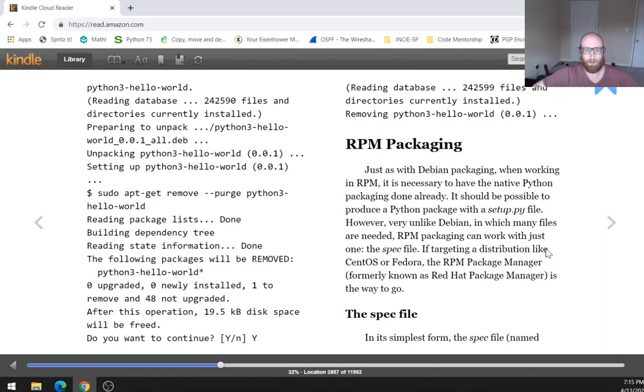Alright, so we're on RPM packaging. Just as with Debian packaging, when working in RPM, it is necessary to have the native Python packaging done already. It should be possible to produce a Python package with the setup.py file. However, very unlike Debian, in which many files are needed, RPM packaging can work with just one file, the spec